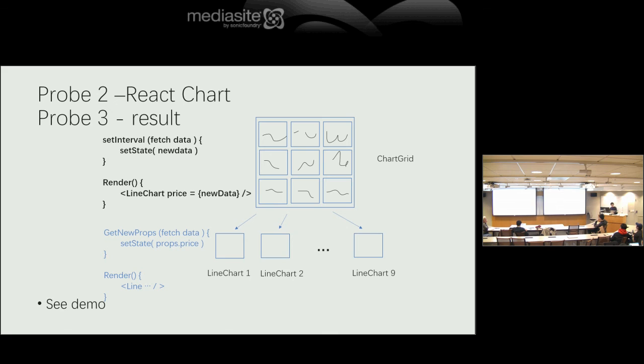So the next problem is the React chart. About the React chart, here is what I'm trying to build. First, I have a chart grid. The chart grid will host nine line charts, and it's like a tree structure. Each line chart inherits from the tree node, and